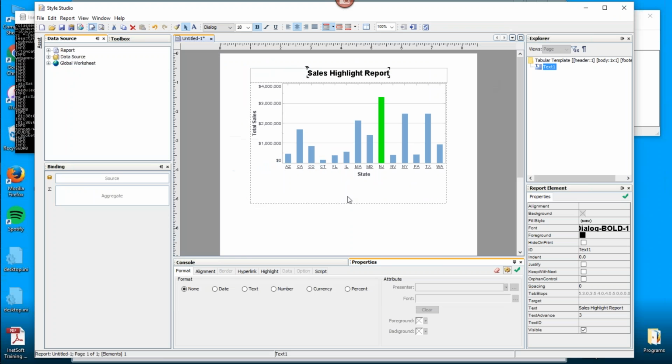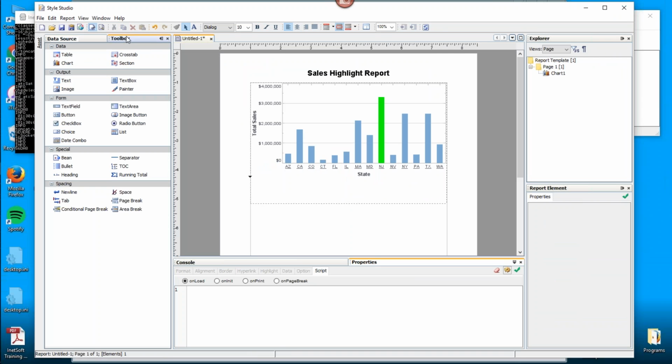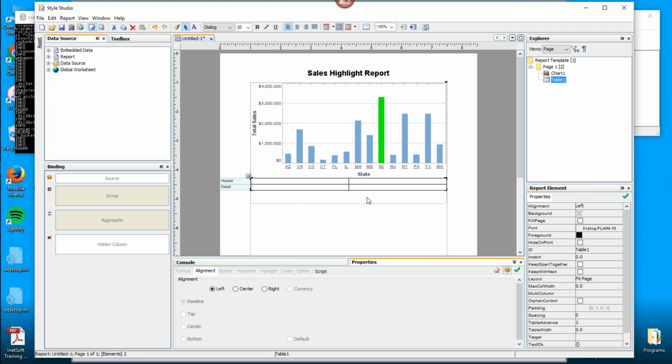So how do you do a table like this? Like I said, we're going to use the table wizard, which in many cases is the easiest way to do it. It's not the only way. Another approach, which we will not use in this case, but I just want to illustrate it quickly, is that you can add a blank table just by dragging in the table component from the toolbox. You can just add a blank table like this, and then you can drop fields into the table. So you can find the data source that you're interested in.